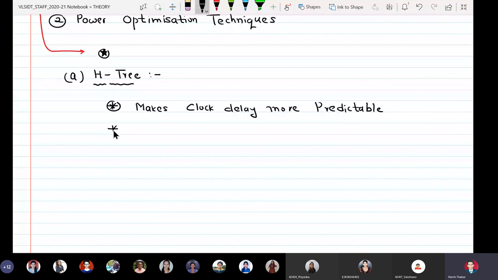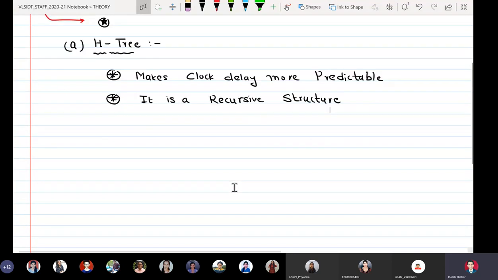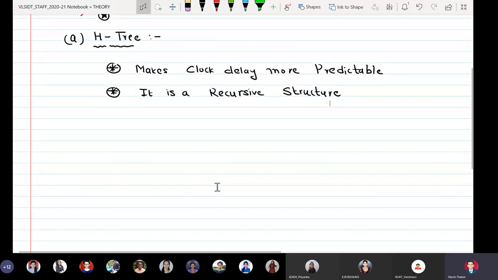Second thing is it is a recursive structure. And I will write two more points after we go ahead with the discussion.